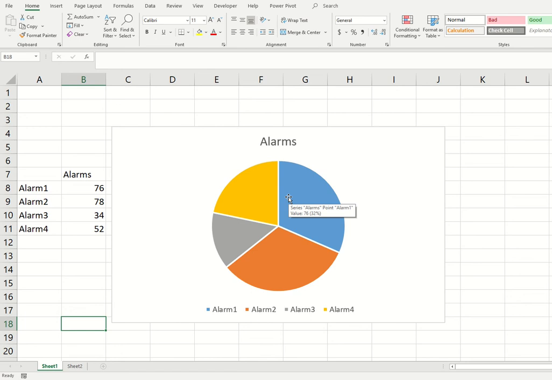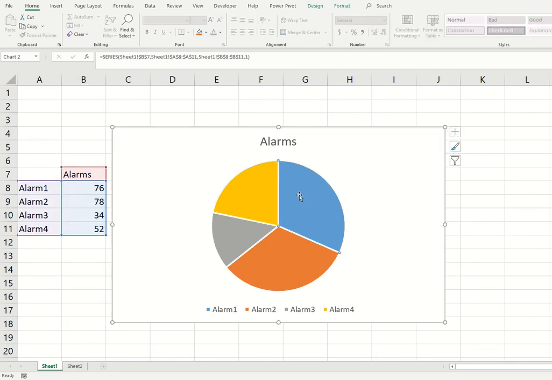In this case, since we have four alarms, we have selected the data of the four alarms, and based on how many times each occurred, Excel automatically calculates the percentage of each alarm. This is how the pie chart looks. Basically, the pie chart is a visual representation in terms of slices: first slice, second slice, third slice and fourth slice.